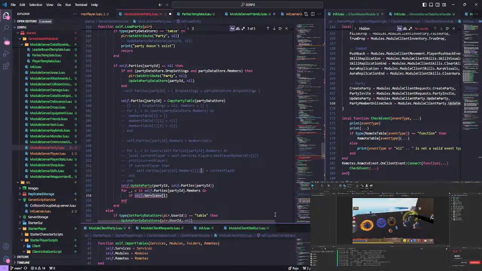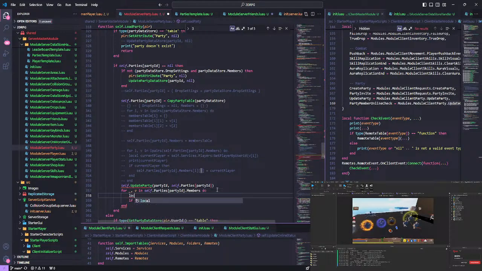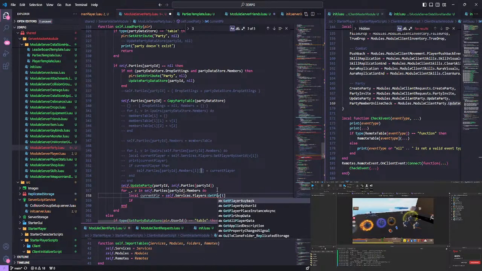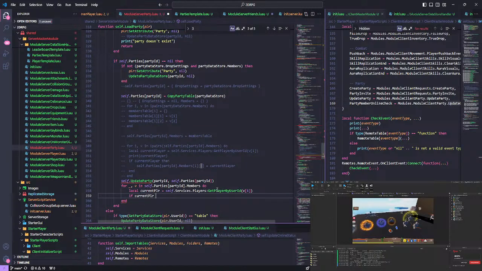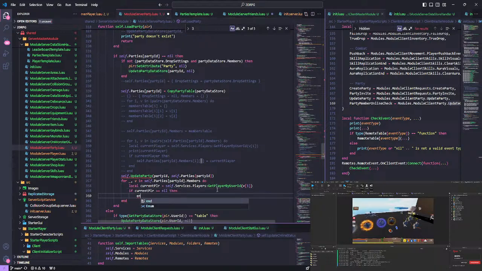Just do this. local currentPlayer equals services.Players:GetPlayerByUserId(v1). If currentPlayer is equal to nil, then